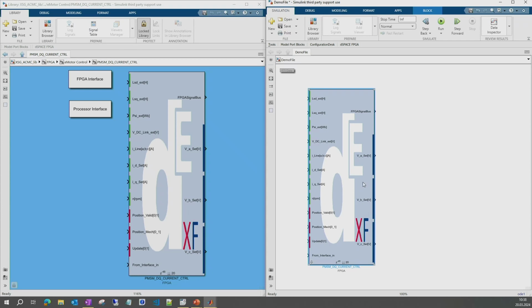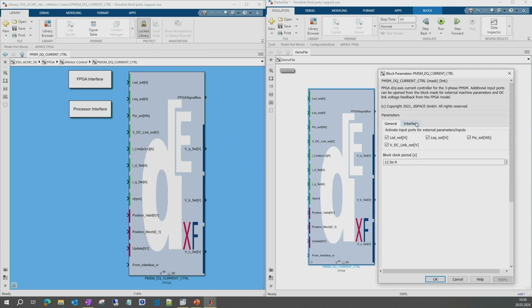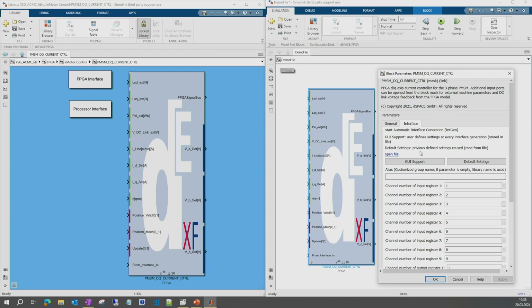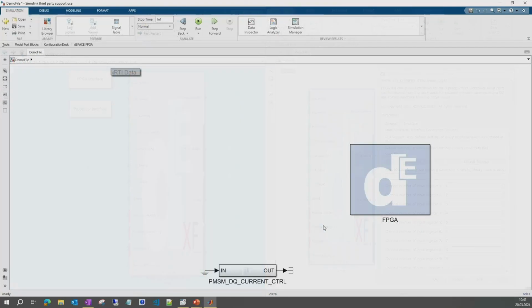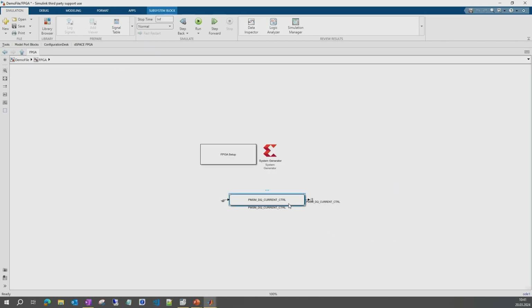By opening the component mask, we can navigate to the interface tab. Here we see that it has a GUI support option. When we go to the GUI support option, we can select the target FPGA architecture and the task ID. The result is the interface that allows for data exchange from and to the FPGA as well as within the FPGA.